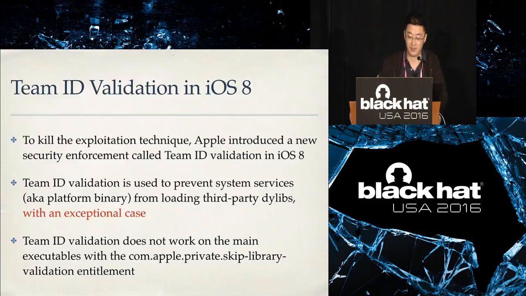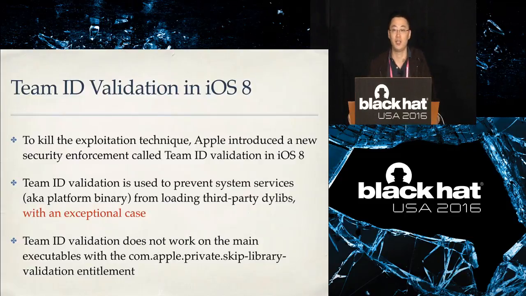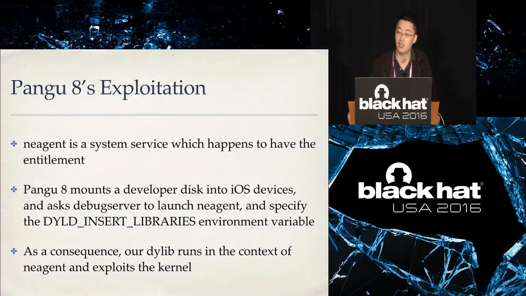And there is some exceptional case. When we reverse engineered the iOS kernel, we found when the kernel applies the TeamID validation, it checks a special entitlement called com.apple.private.skip-library-validation. So by the name, you can guess what it's used for. If the main executable has this entitlement, then it's allowed to load any library. So who has this entitlement? We grabbed the entitlements on the iOS root file system, and yes, we found there's a program called AppleAgent. It's a network extension something, which happens to have this entitlement. So now things